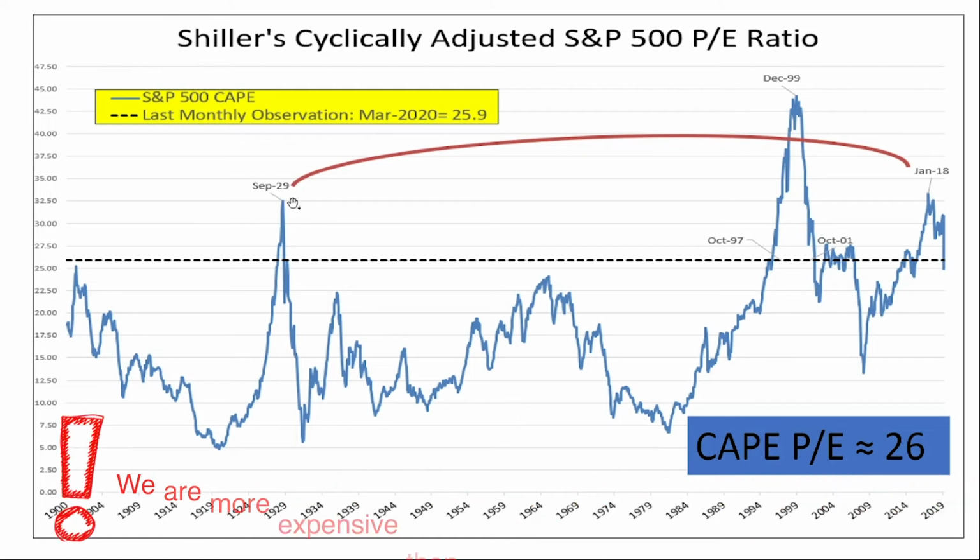Now that's a statement. Now even as expensive as it was in January of 18, it was still nowhere close to the level of stupidity, the level of expensiveness, whatever you want to call it, of the dot-com bubble. December 99 was our all-time peak here. All right. We didn't get that stupid this time around, but we were at the second level of stupidness, I guess is the way to say it.